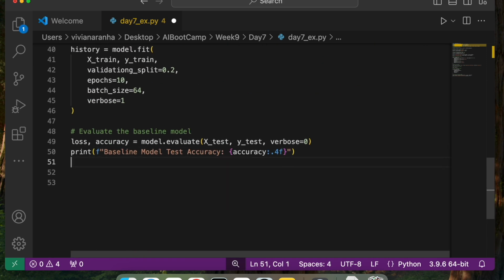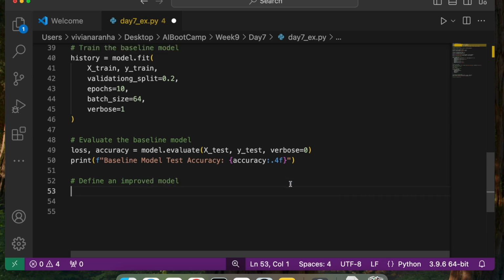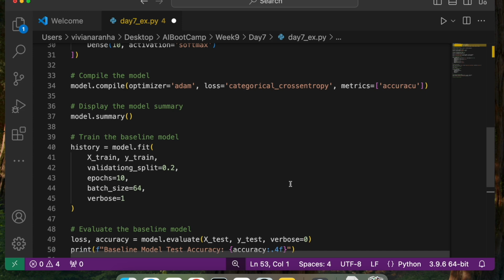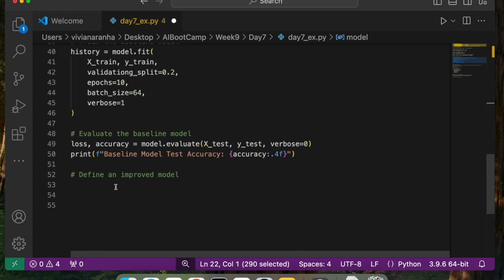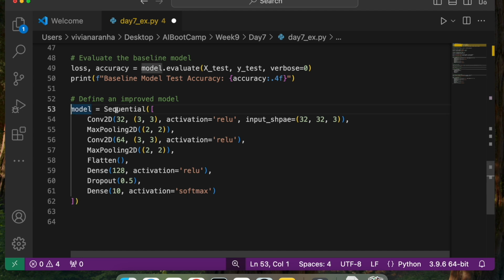So I'm going to go ahead, before even running this, and write the code so we can run everything together. Improved model. So I am going to use that same model that we have here, and call it improved model. So here I am going to use 64, 3 by 3, sorry, instead of 3 by 3, let's increase this to 5 by 5.